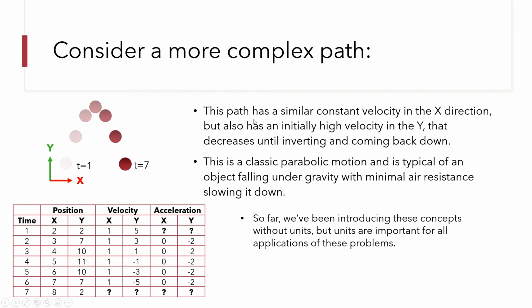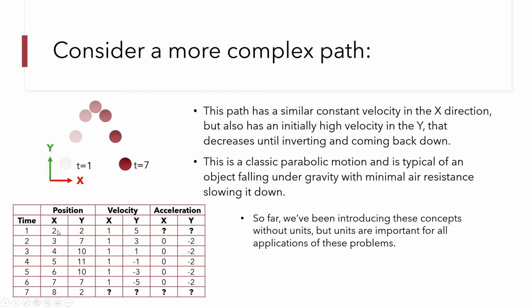This path has a constant velocity in the x, but also an initial high velocity in the y that decreases until it inverts and comes back down. So basically it starts going up. As it's going up, it's accelerating downwards, so it slows down until it stops, and then it accelerates back down. This is a classic example of parabolic motion. You see this tons and tons in your general physics courses, so some of you may have already seen this several times. But if I describe the position of this ball in x and y coordinates,